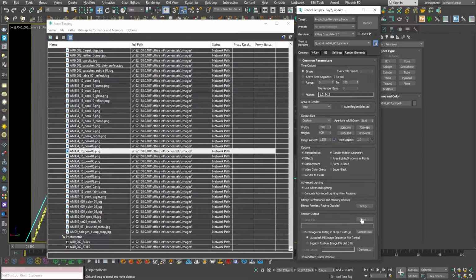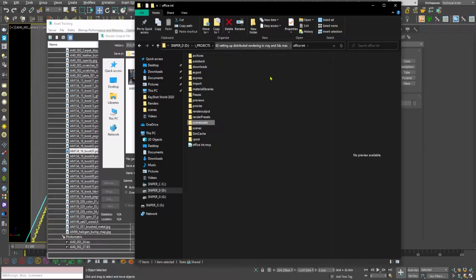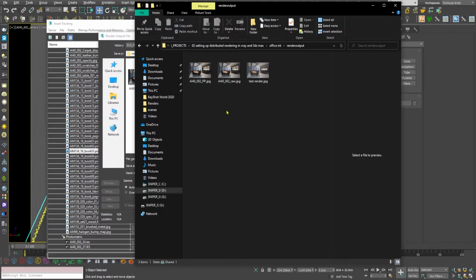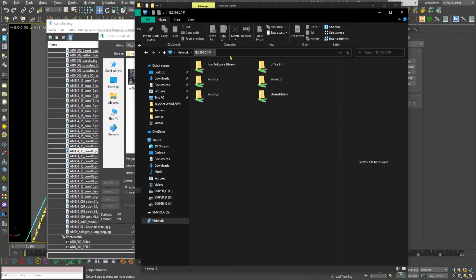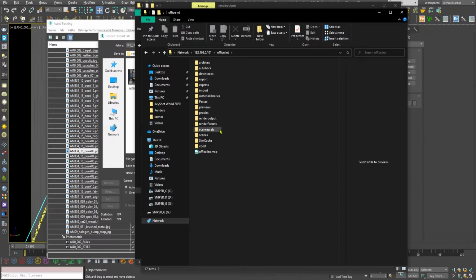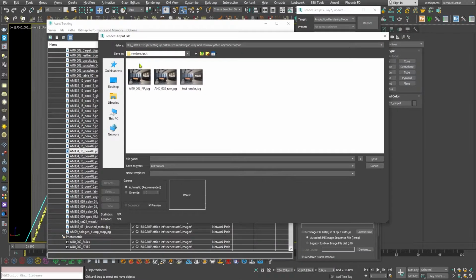If I go to the common and save, I am going to go to this folder and choose the render output folder, and remember, this is the D location. You do not want to be copying from this path, because this is the path for this local computer, and only this computer can access this path, not all of the other machines that we are going to set up. So I am going to copy this path, which is the IP address of this location and the shared folder and render output, and click on this path and copy this path and click on paste and hit save.